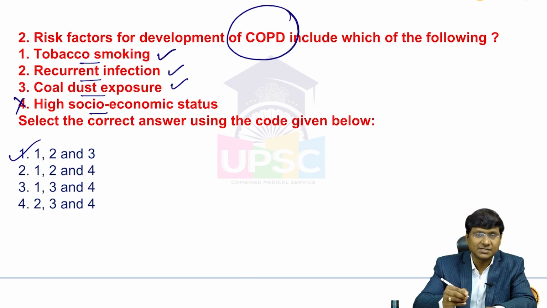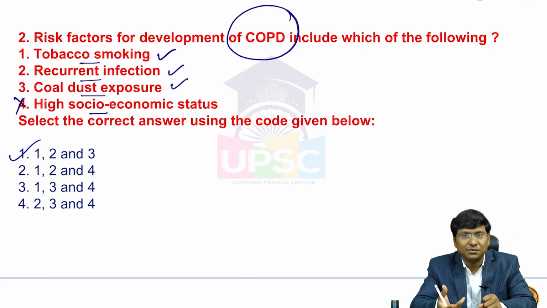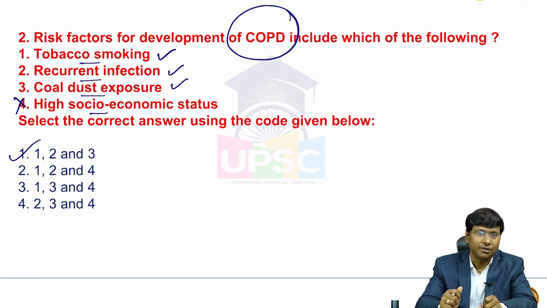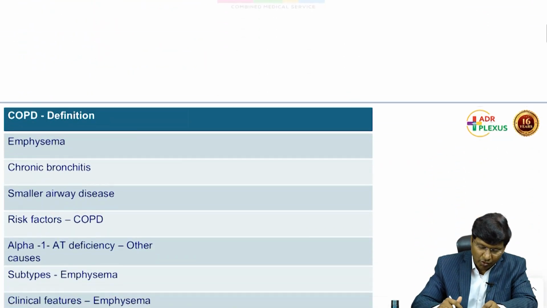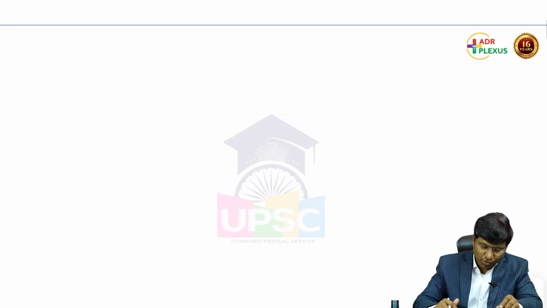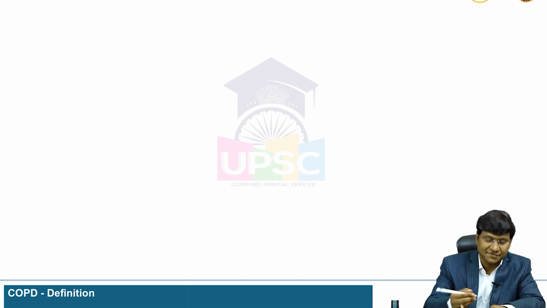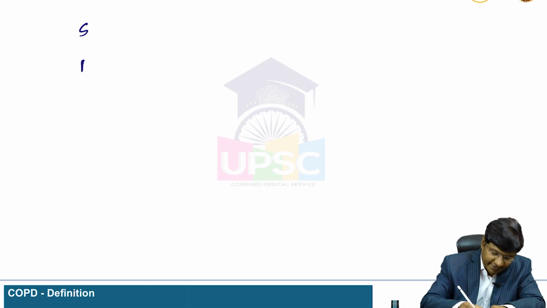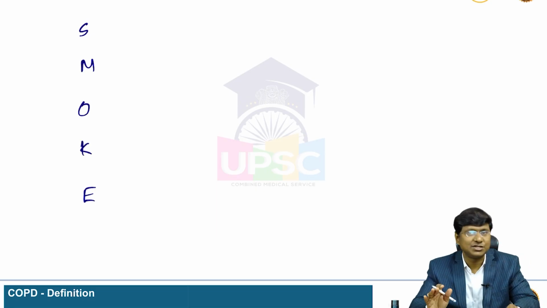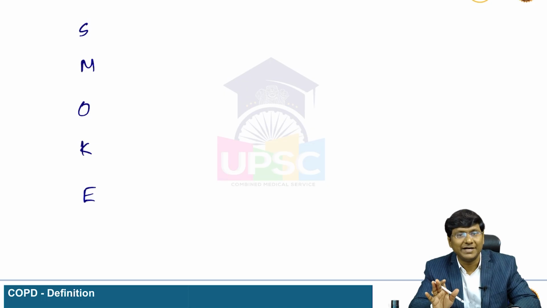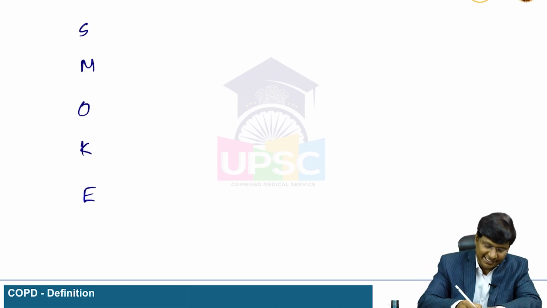So now in this question, let me just give you a brief quick recap of the topic of COPD, that is the chronic obstructive pulmonary disease. So if you take the risk factors first, as I have said, the most common risk factor is what? That is the smoking. So I'll just give you all the risk factors in the form of a mnemonic, that is SMOKE. S stands for smoking,